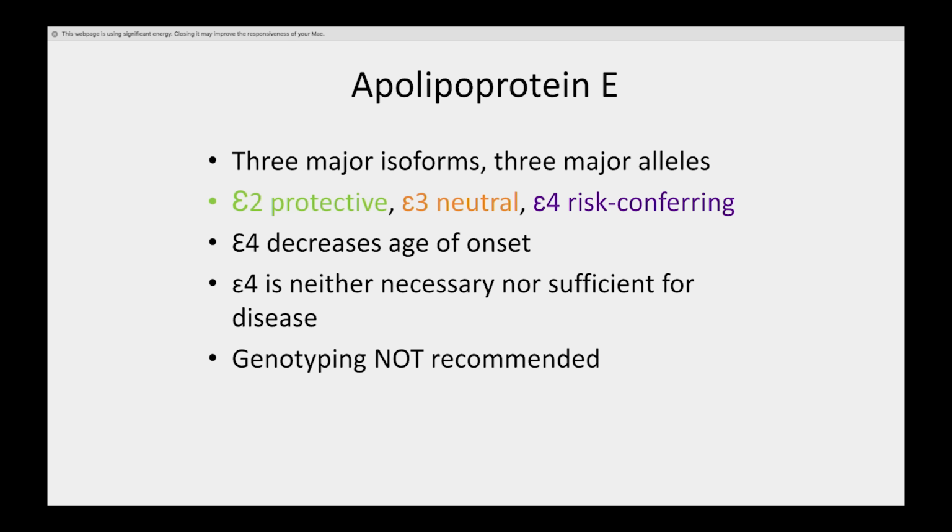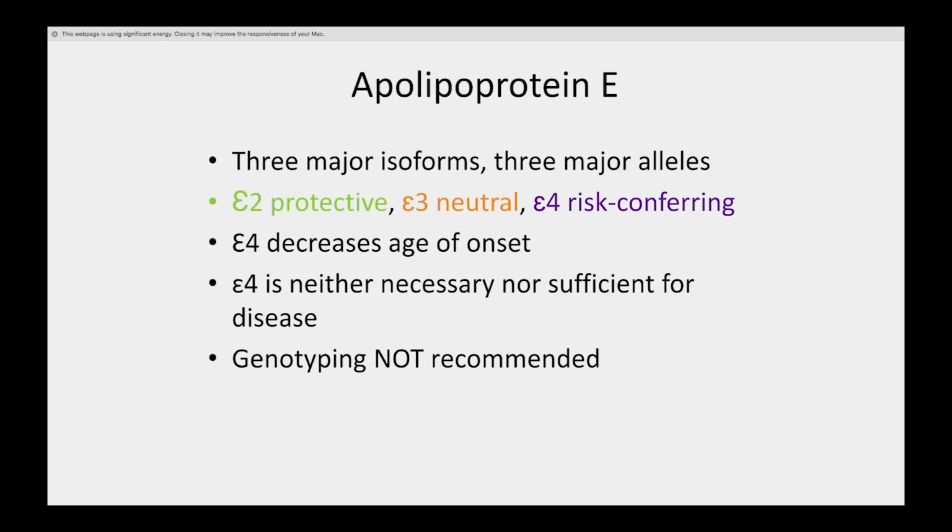None of these is causative. So you do not need ApoE4 to have Alzheimer's disease. And also having ApoE4 does not mean that you will develop Alzheimer's disease. So this is not a cause. It just increases the likelihood or the risk that you may develop it, given maybe other factors. Having E4 may mean that you develop Alzheimer's disease earlier in life than people who don't have ApoE4. But like I said, it's not necessary or sufficient for the disease. And we actually, medically speaking, do not recommend for people to get their ApoE4 gene testing and know what their status is, because we may not have any recommendations to give you one way or another.